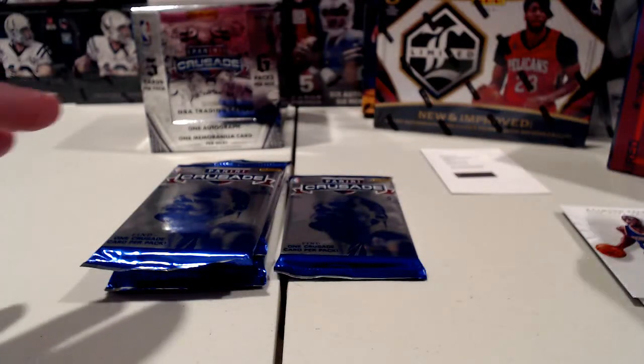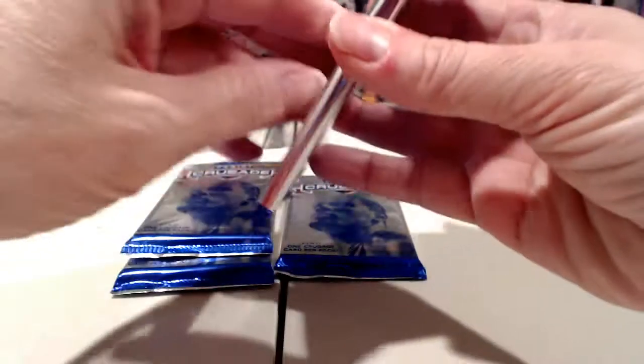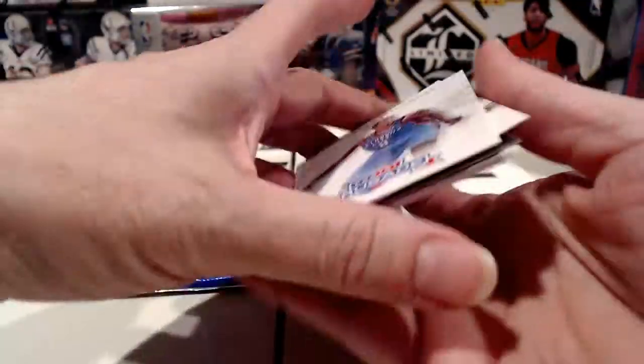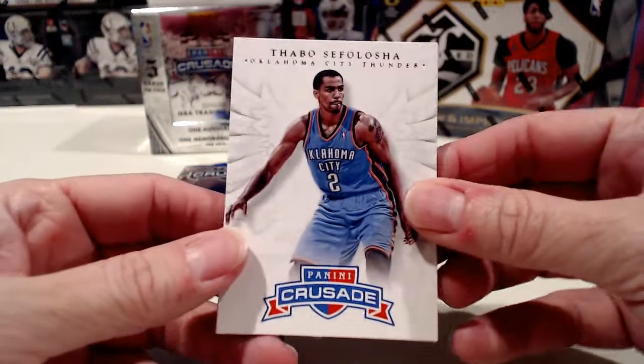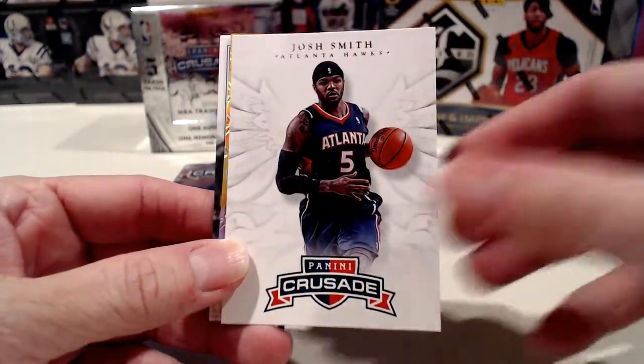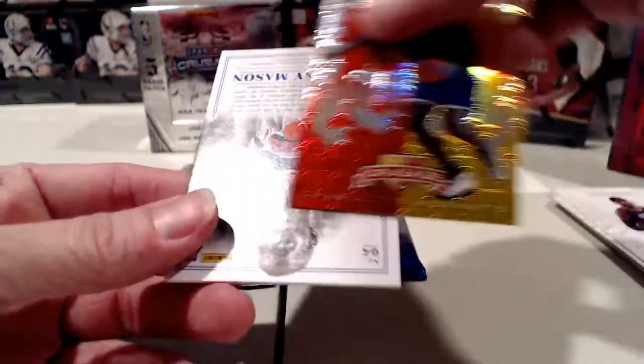Yeah, so anyway, back to the expired redemption. After it's in your account, let it sit in there about 6 weeks, and then reach out to Panini. I recommend that you reach out to them via Twitter. The guy's handle is @PaniniCSM. And shoot him a message. Tell him there's an expired redemption in your account,